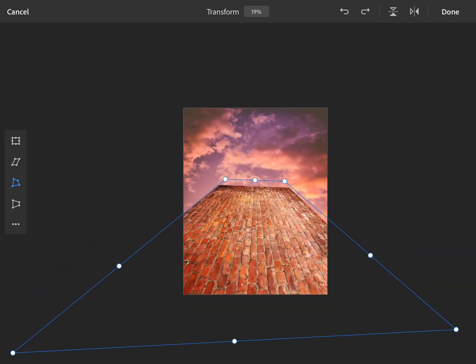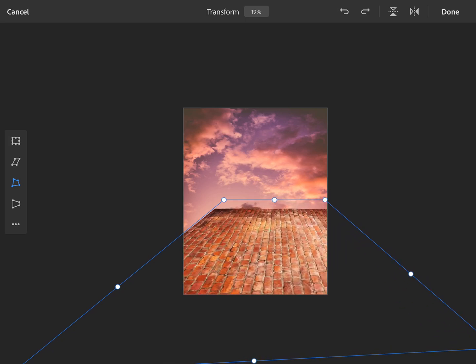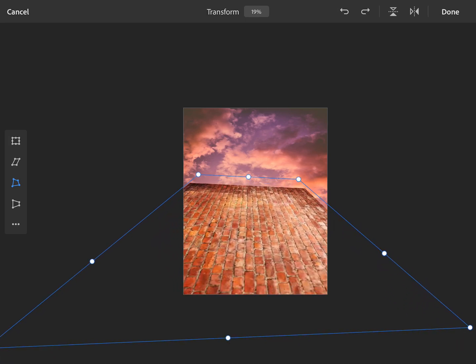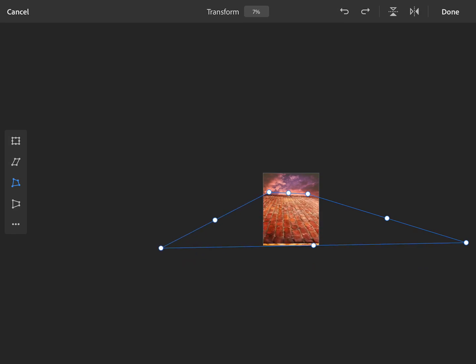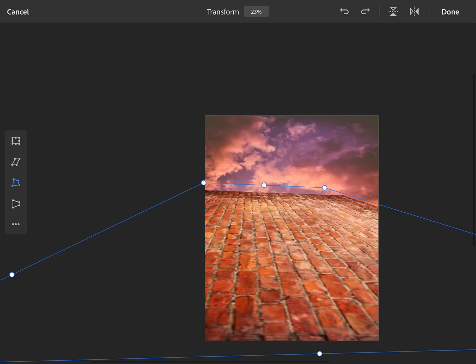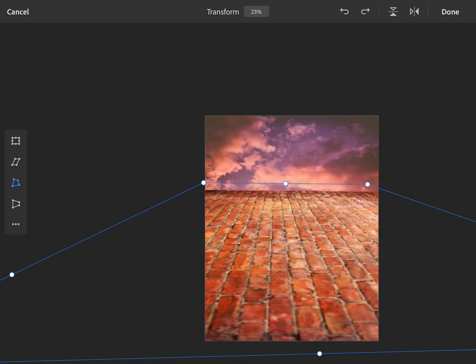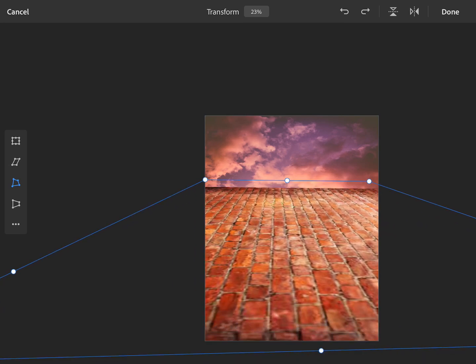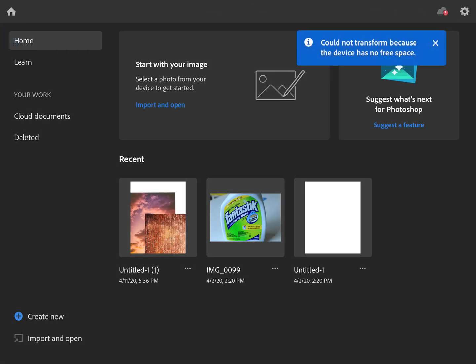The only problem is that I don't want this awkward corner over here, so I need to make this significantly wider, and I'm going to pull that in. So I'm actually going a bit further than, see how I'm creating this crazy triangle here, but the idea is that I don't want, again, that awkward space, but see how it gives me this sense of it going back into the distance, and I can decide where I want to put this. So I'm going to hit done, and oops, uh-oh,